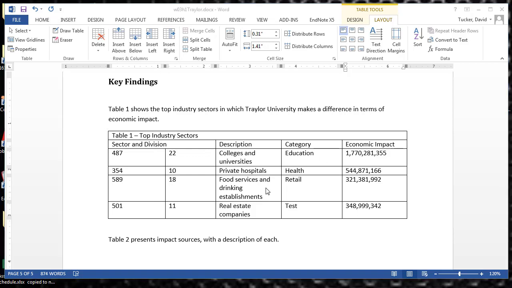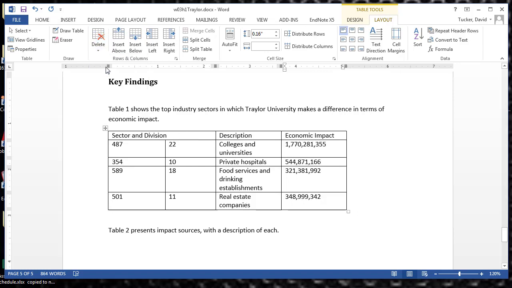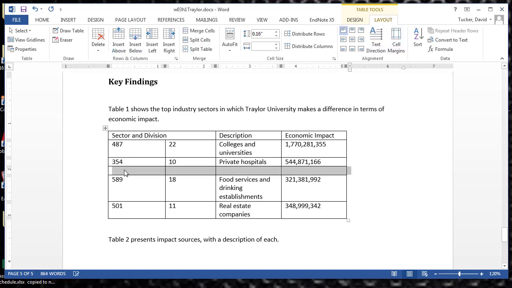Okay. So like I said, they want us to delete this column. So I'm in the Layout tab, Delete. I'm going to delete this column. So I should have sector, division, description, economic impact. Okay, I see we're supposed to insert something above 589. So I'm going to go right here and insert above. And then 215, 28, and I'm hitting the tab button to move over, retail interest,